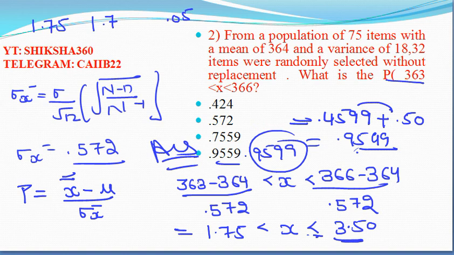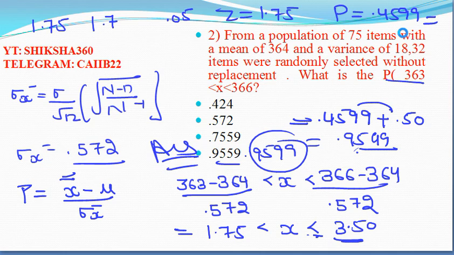As we have already discussed in the class, we can get it from the graph. I will give you the value here: when z is equal to 1.75, p is equal to 0.4599. This will be given in the question, because in the examination they will rarely give you the probability table. They will give you some specific values so that you get an idea and are able to solve the question.